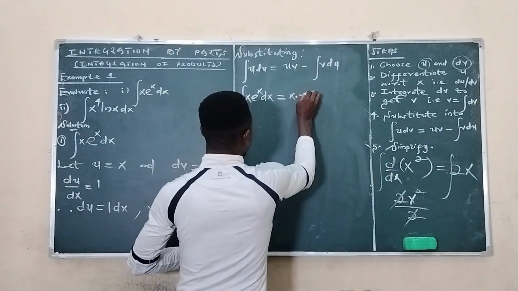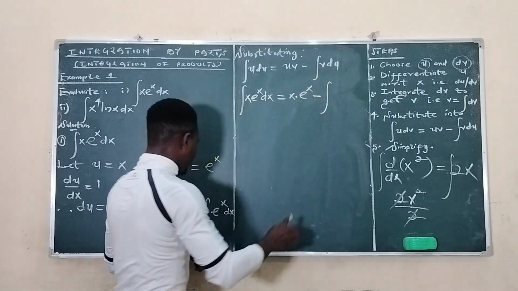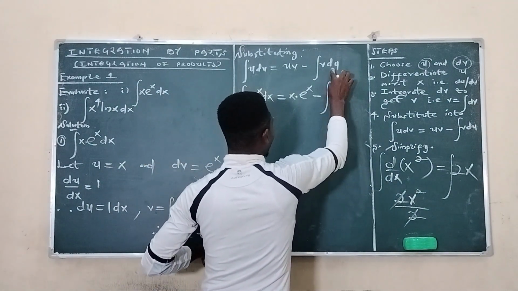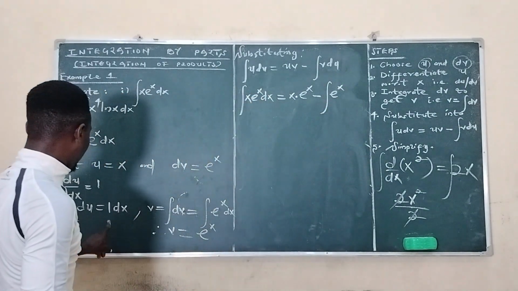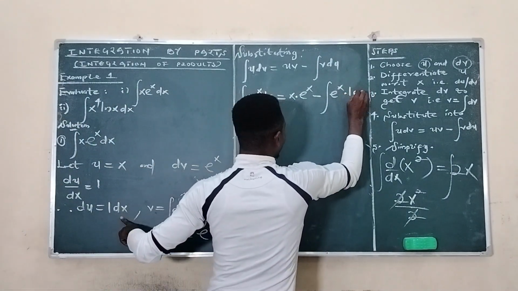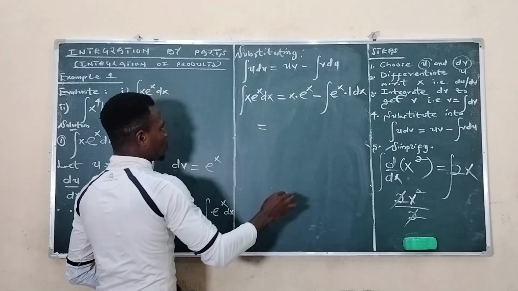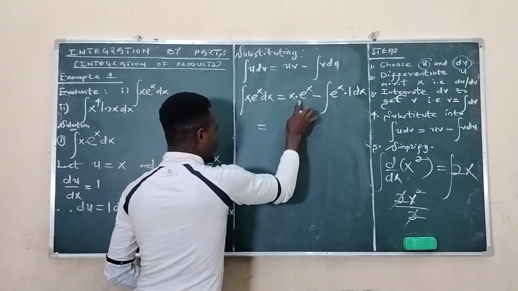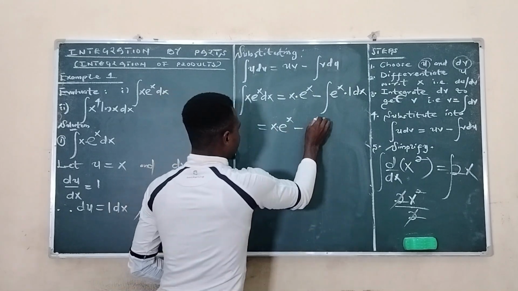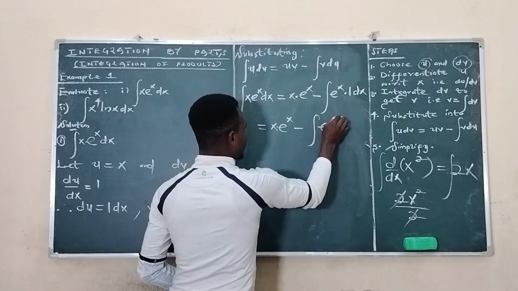We have this given by exponential x minus the integral of v times du. So u is x, dv is exponential x, and du is 1 dx. So we begin by saying this is equal to x times the exponential x, minus the integral of exponential x times 1, which gives us exponential x